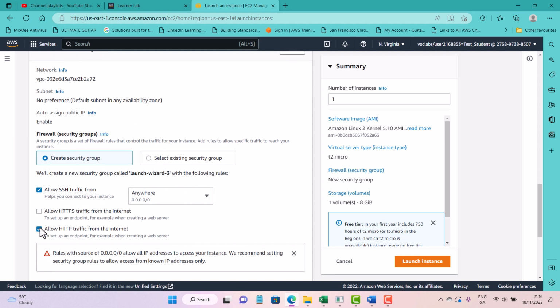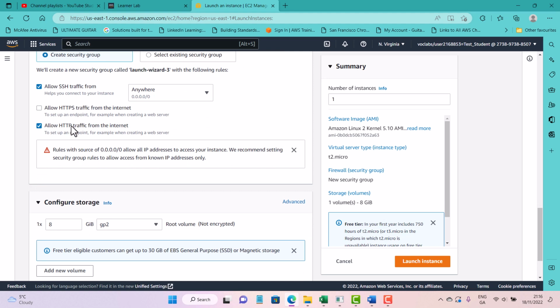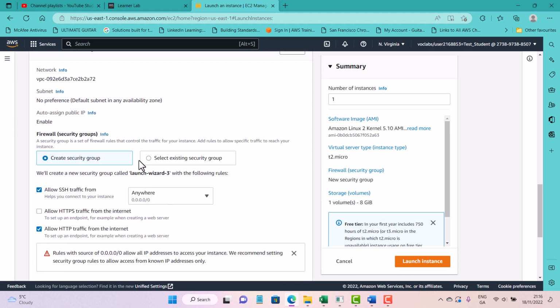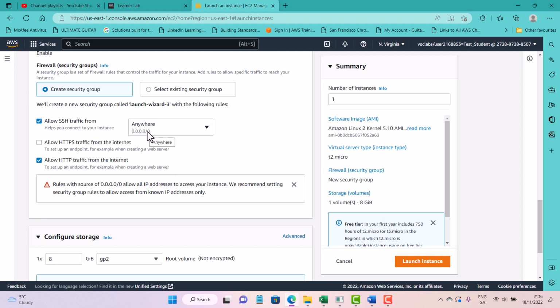And the reason, what the security group is, it's kind of like a firewall. All the ports are going to be closed coming in, but it's going to allow port 22 so we can connect to our Linux instance. And now I've just clicked here and allowed HTTP traffic. We don't need secure because we're not using HTTP secure. We're just going to have a regular one, but that's very important. So we will use Launch Wizard 3, and from anywhere,